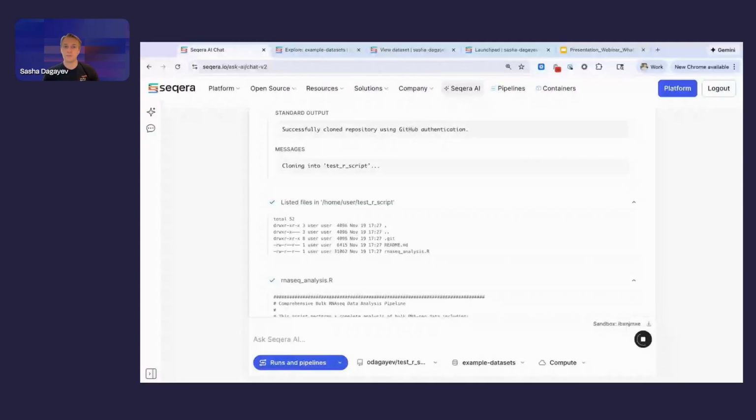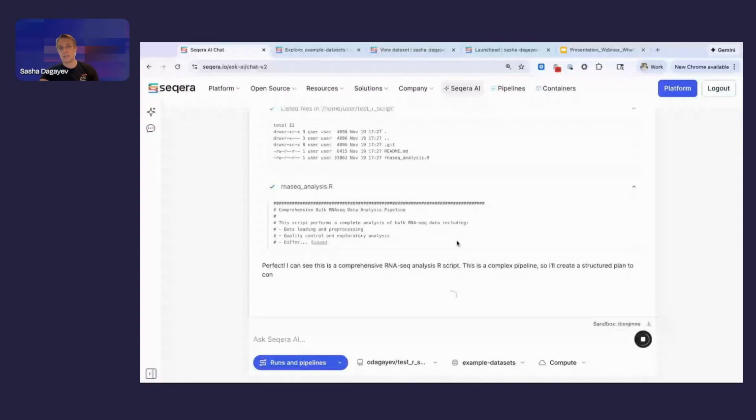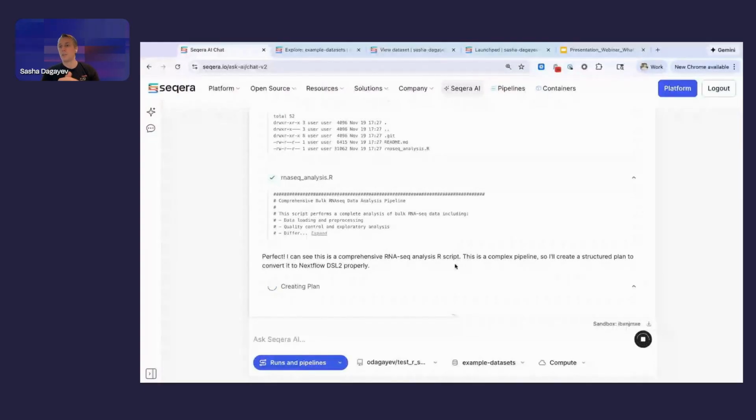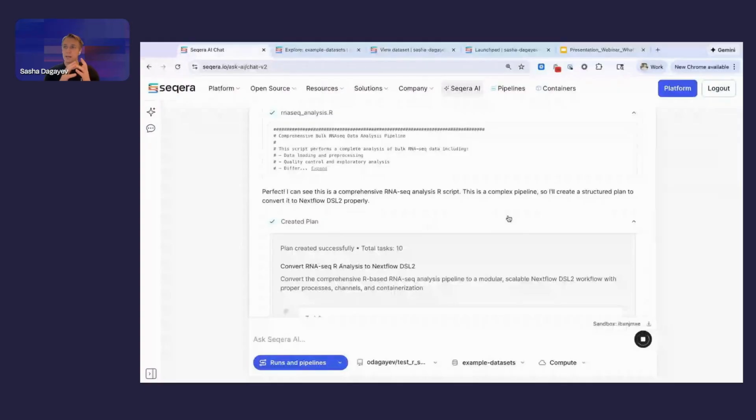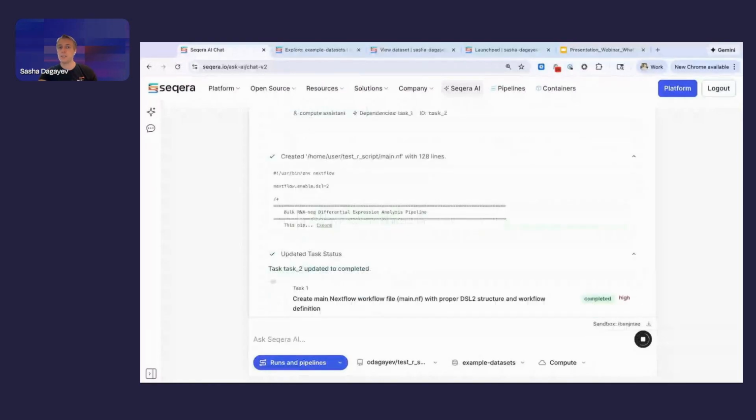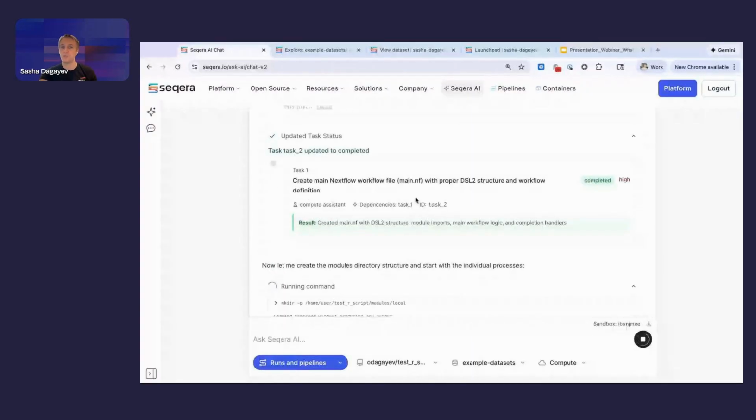So after it looks at the repository and the file, it's now going to create a plan of execution of how it's going to move this file into a Nextflow pipeline, right? So for bioinformaticians that interact a lot with code that is not yet in Nextflow, you can use Seqera AI to very quickly move from scripts like Python, R, Bash, Snakemake, WDL, whatever it is that you're working with, into Nextflow. Now, this is a fairly complicated task, so this will take about 10 to 20 minutes to actually